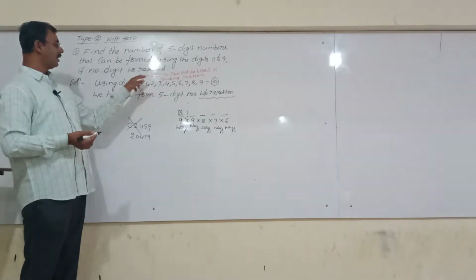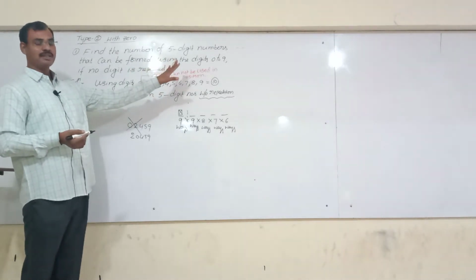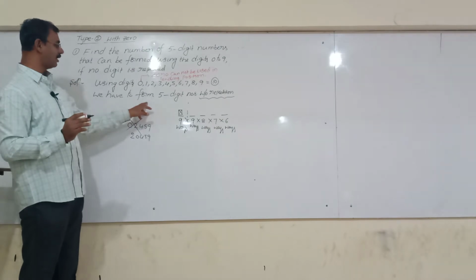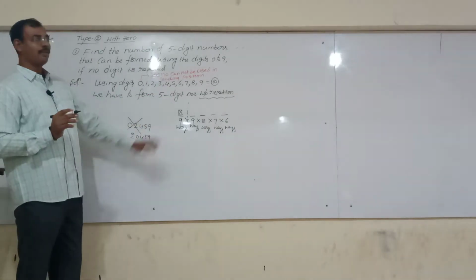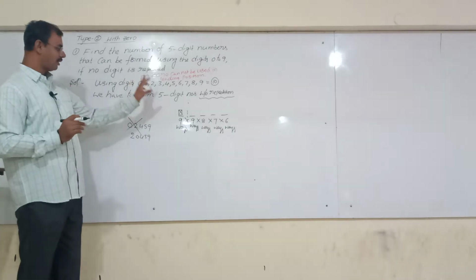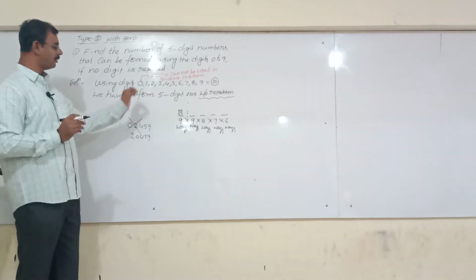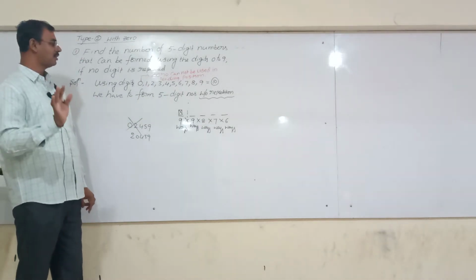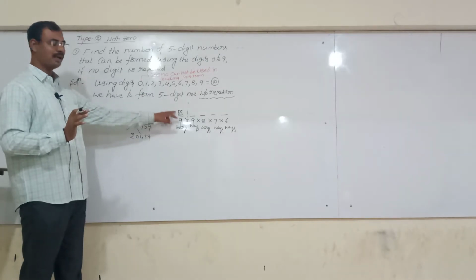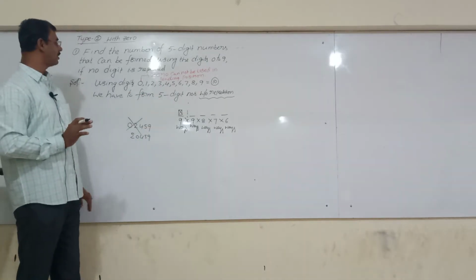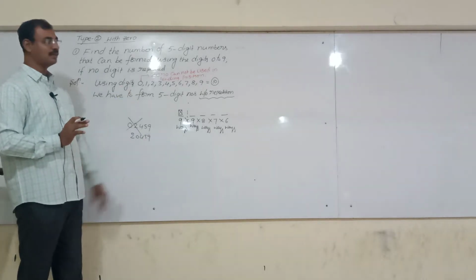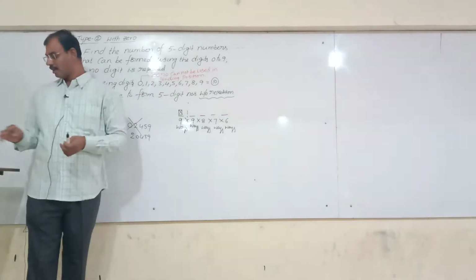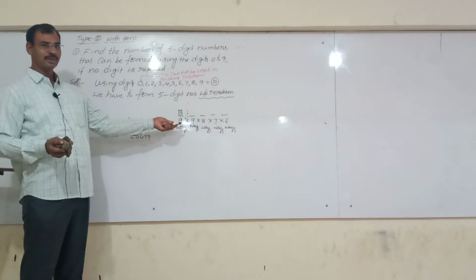All of you remember, if 0 comes in the given digits, the situation will be changed always. Don't forget that one. 0 should not be used in the first place. Other than 0, we should essentially fill in the first place. This is the condition of the leading position. The condition is on the leading position only, so we must fill it mandatorily. Then the remaining answer, do it like this. Understood this one? Is it okay?